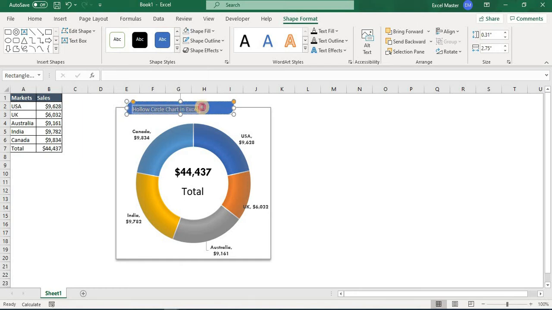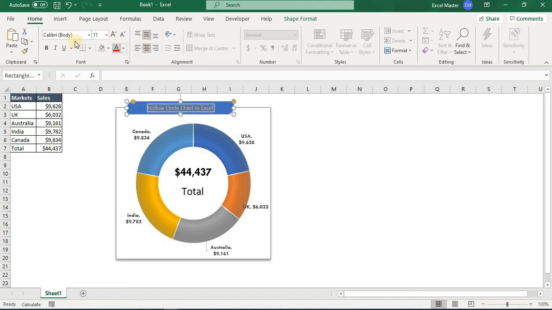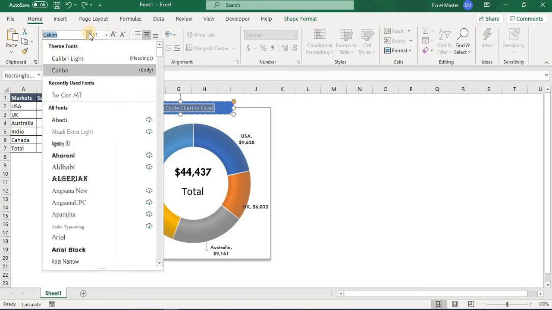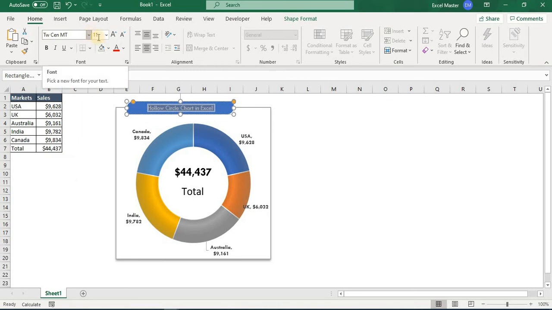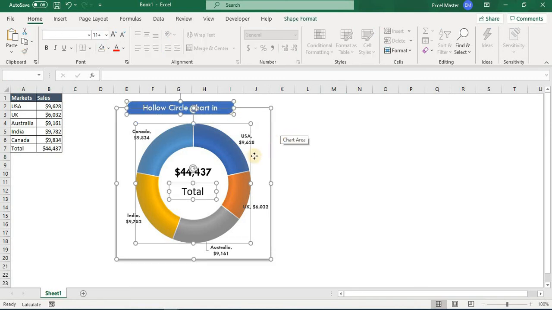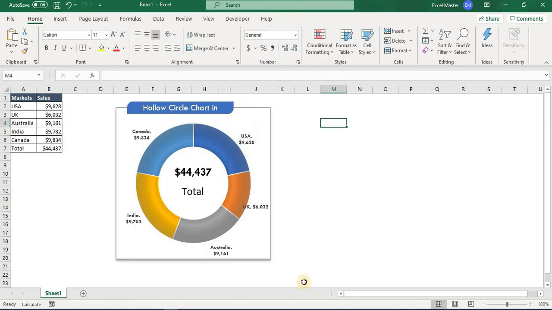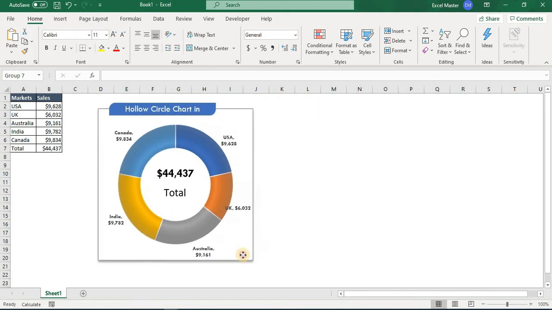We will select this and make it center, change the font, and make it 16. It looks like this. Now we will select all and group it. Right click and group. Now we can move the chart anywhere.